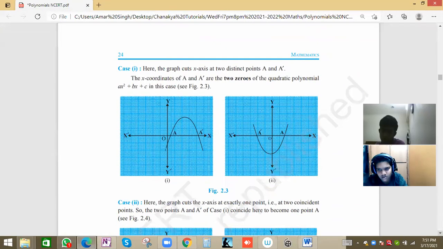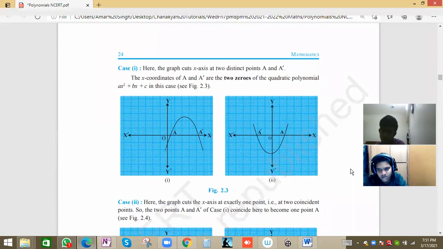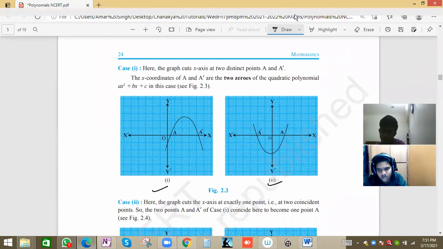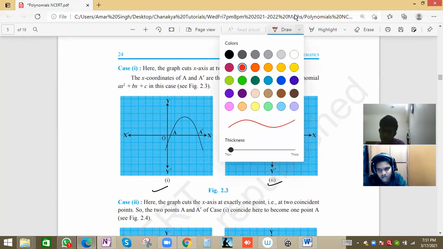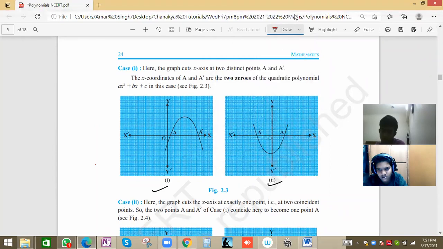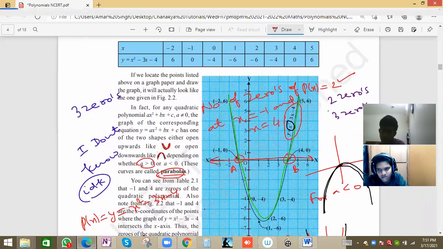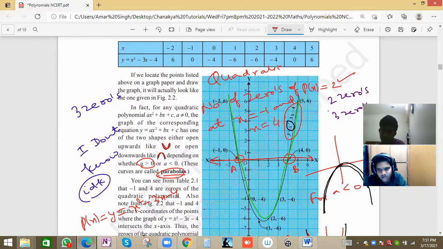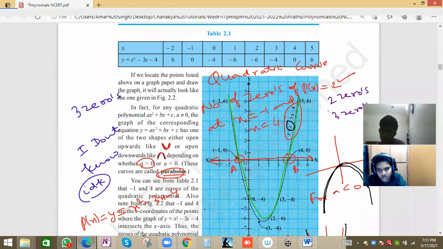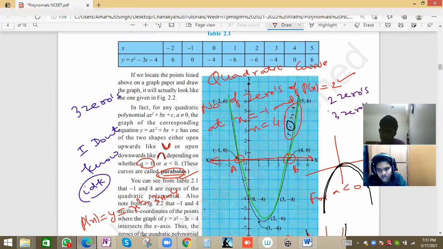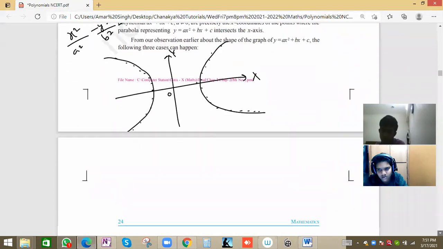For both these graphs, how many zeros will be there? For this one, this and this one. So zeros will be one? Okay. See, a parabolic curve is also called a quadratic curve because we have degree 2. So we can say quadratic curve or quadratic polynomial, or better we have one special word, parabolic curve. We call it a parabolic curve, and the shape we obtain is a parabola, or parabolas when more than one.